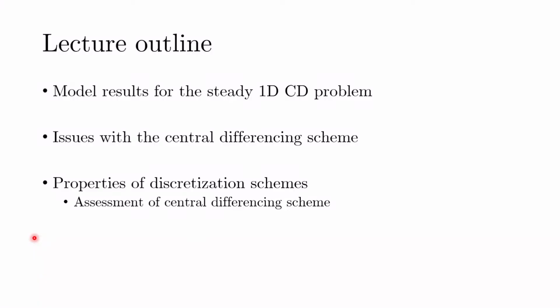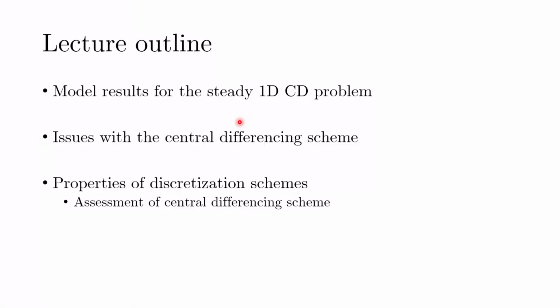Hello everyone and welcome to the course on simulating fluid flows using Python. So far we have understood the very fundamentals of the convection diffusion problem, and I also briefed you regarding the usage of central differencing scheme using the finite volume method. Hopefully until now you are clear with the concepts, and today I wanted to show you the model results for this particular convection diffusion problem in one dimension that I gave you a glimpse of in the last lecture, and we would talk about the prevalent issues with the central differencing scheme.